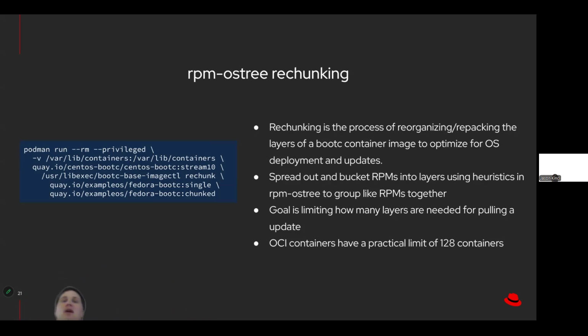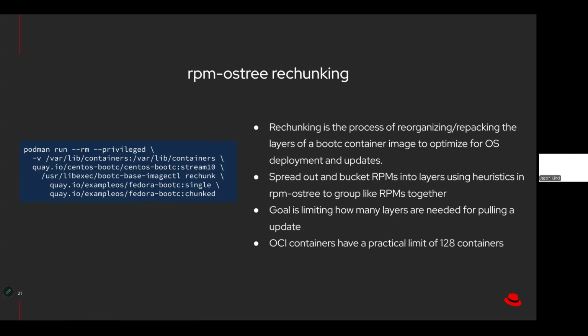And then rpm-ostree allows us to move those around in order to aggregate RPMs into layers that are closely connected and linked, so that if one changes, it probably will change the ones around it,